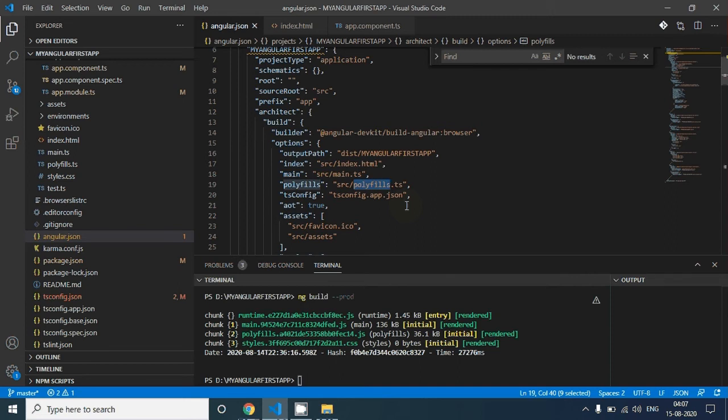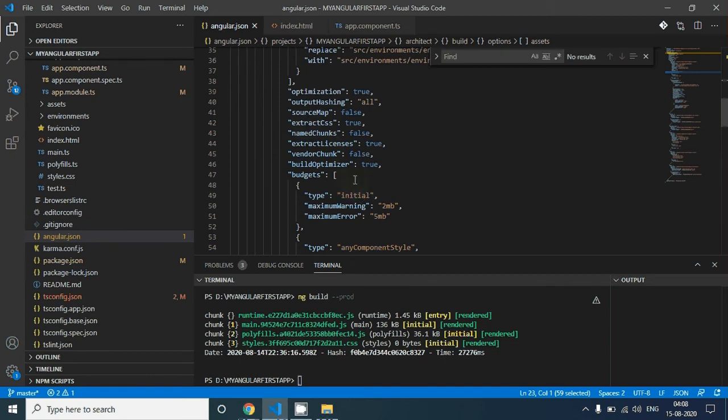JavaScript is not supported the same way by all browsers. Let's say code X is working on Chrome, maybe the same code will not work on Internet Explorer. If it is working on Internet Explorer, it will not work on Safari, or maybe it will not work on any other browser. So these files make sure that your code will run in all of the browsers.